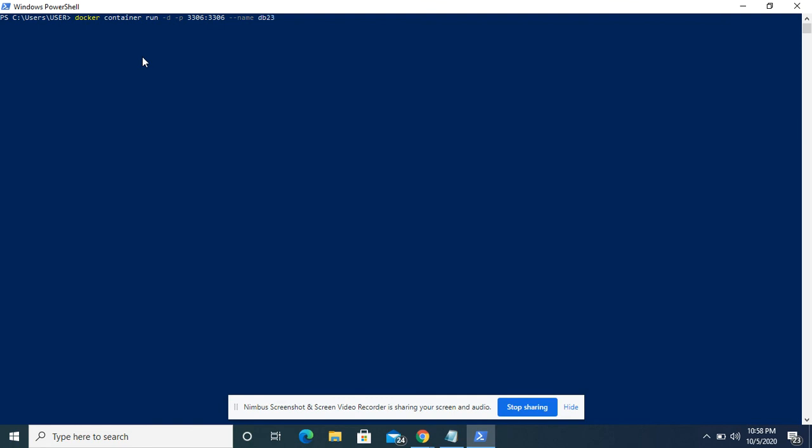After that, I need to use hyphen e. This is where I can provide the environment details. Suppose I am giving the environment variable MYSQL_RANDOM_ROOT_PASSWORD equals yes. It creates a random password for MySQL.